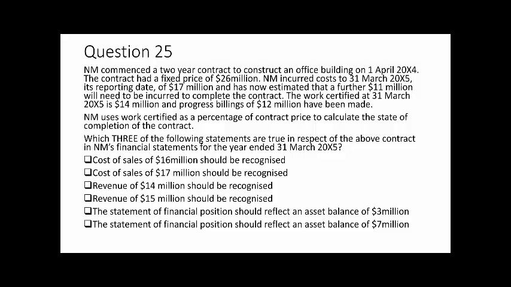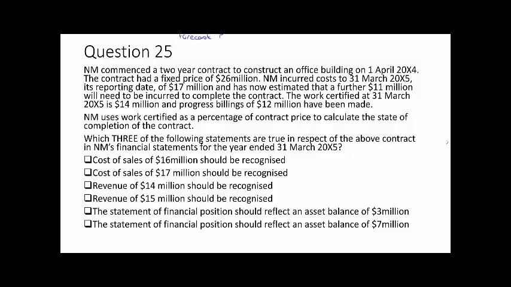As at 31st of March 20X5, $14 million of work has been certified, and to date progress billings of $12 million have been made. In this case, the company uses work certified as a percentage of contract price to calculate the state of completion. So first thing we need to do with a construction contract is actually forecast what our